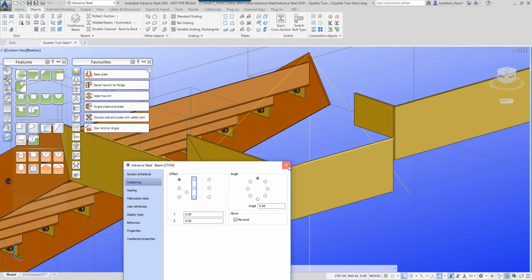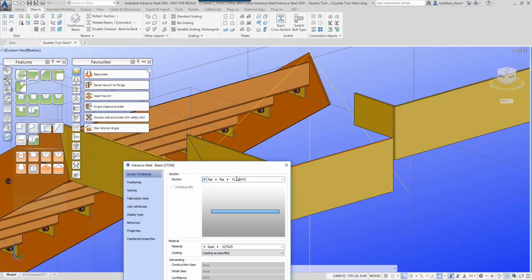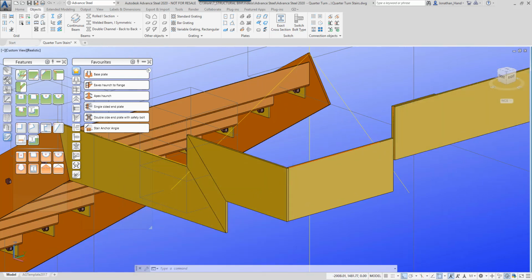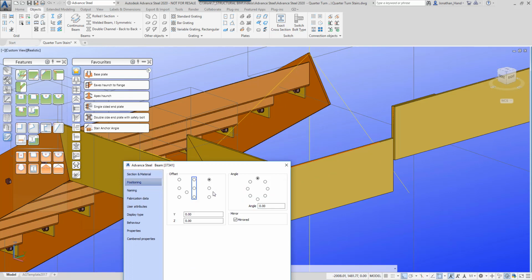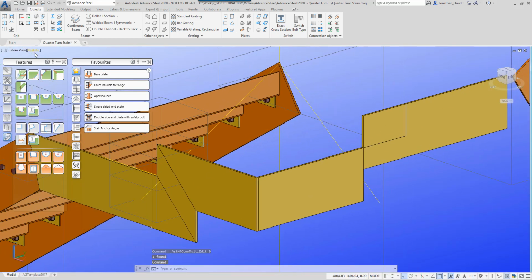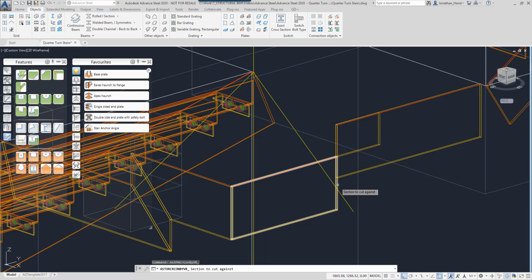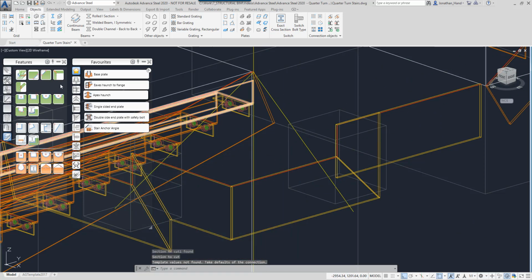Then this one needs a complete rotation to there, and its position needs to be mirrored, and then this one again just needs a flip to that side, and then it's the same case of using the miter tools again. So I'm going to miter this edge with this one, and then again